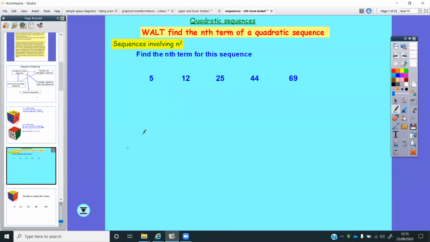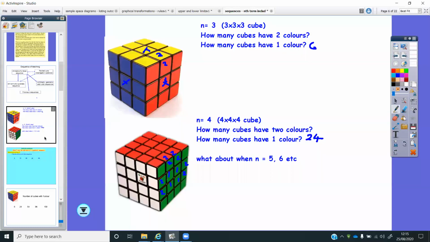So I'm going to come back to that quadratic sequence. And by the way, as a spoiler, if you haven't done this, this is quite nice when they come to explain it, this one here. If you look at it, the quadratic sequence comes from the number of cubes with one colour. Look, it's even a square. It fits into the rule perfectly when you come to explain how that sequence occurs. So you get it from there, but